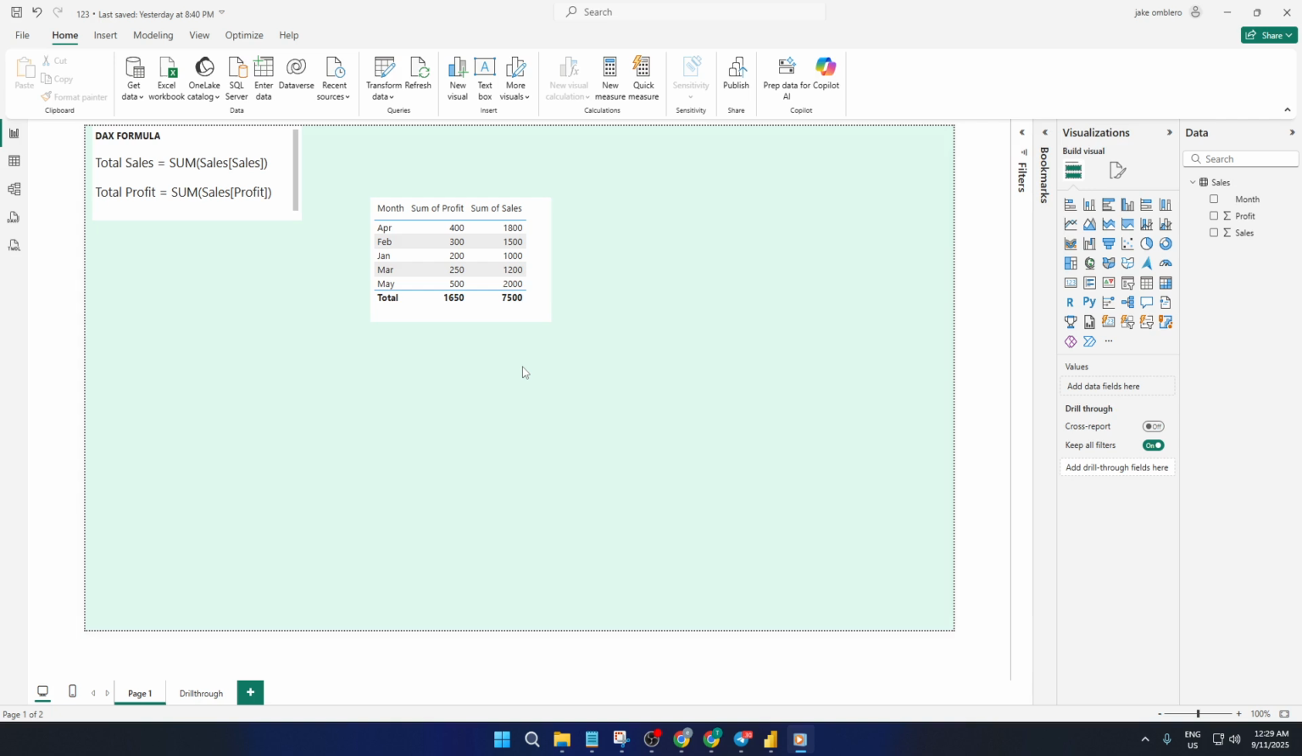We're starting off with a simple sales table as an example, just to keep things clear and focused. It tracks months, sales, and profit. Picture something like this, January to May, with figures for both sales and profit each month. This is a pretty common scenario whenever you want to compare revenues versus outcomes, or just keep an eye on